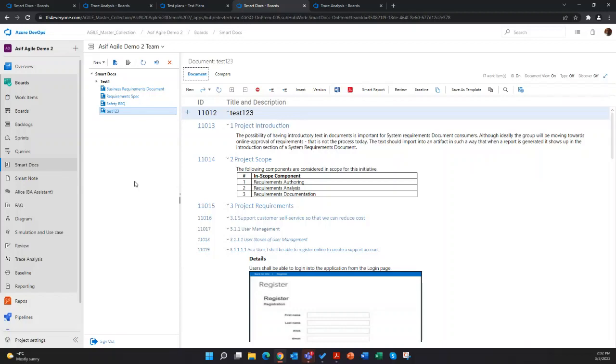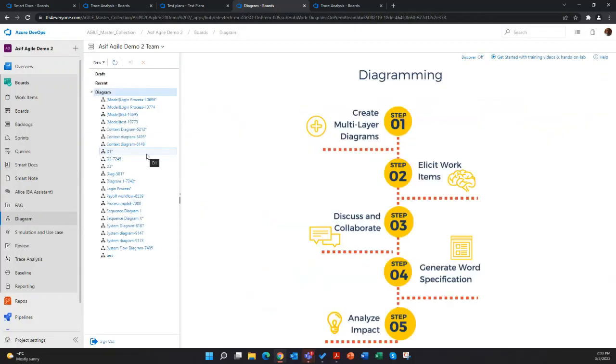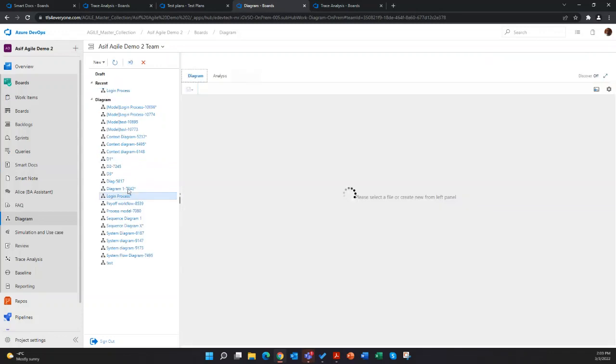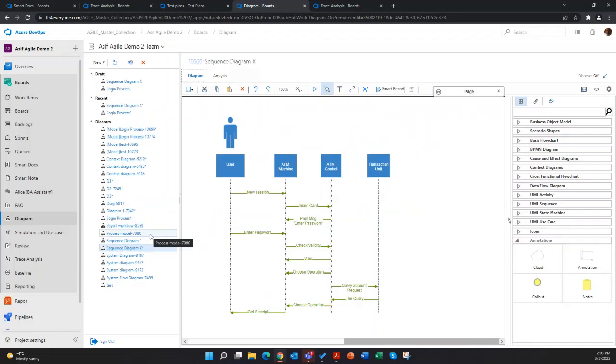What you can do, so the two choices you have is, of course, you can do diagramming directly within Modern Requirements. So whether you're doing an activity diagram, a swim lane diagram, or a sequence diagram, you can do all kinds of diagrams directly in Modern Requirements, or you can use Smart Visio, which is an extension to Visio itself, and everything I showed you today in the demo of a diagram, you can do directly from within Visio using the Smart Visio extension.